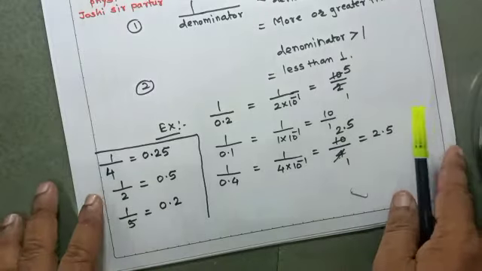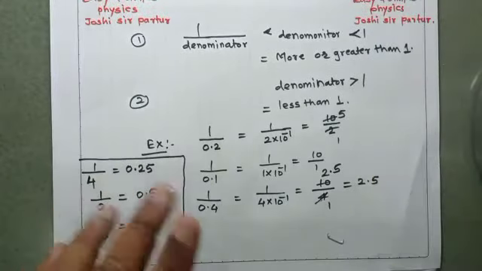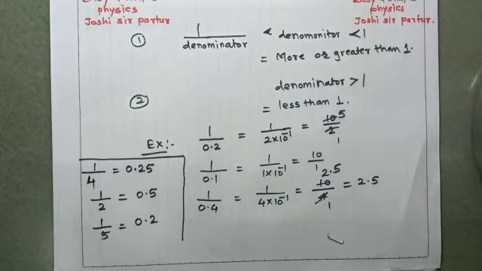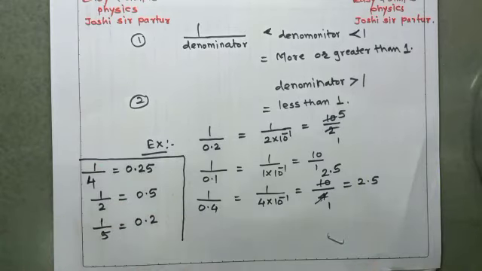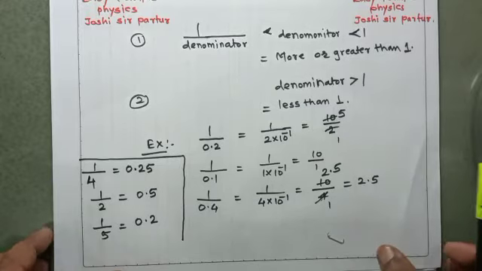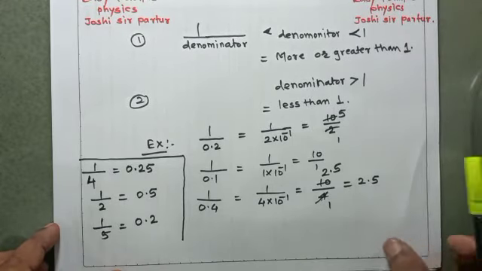That is, when the denominator is less than 1, then the reciprocal of the four figure number will be greater than 1. Another thing is, when the denominator is greater than 1, then its reciprocal will be less than 1. When we remember these two things, then we see how the reciprocal of four figures can be found.